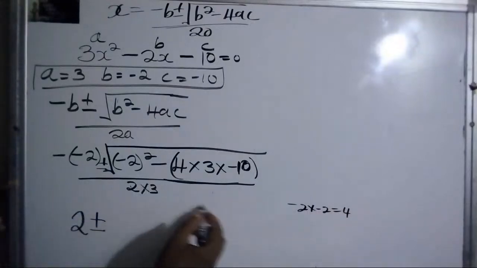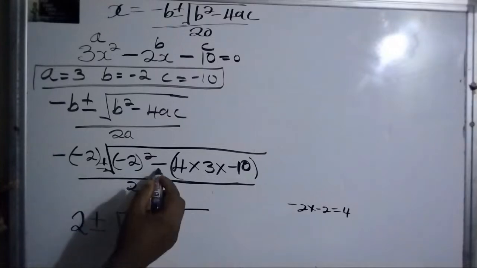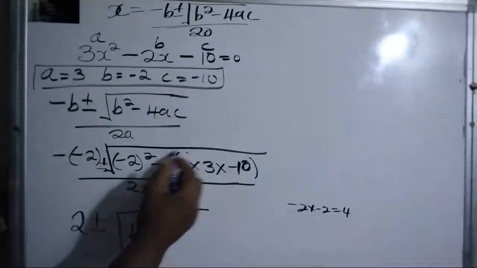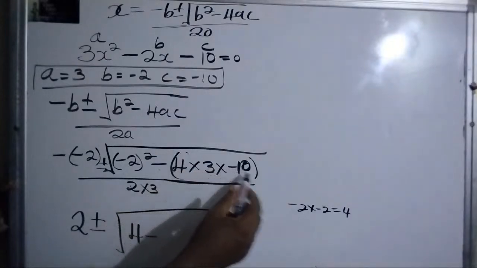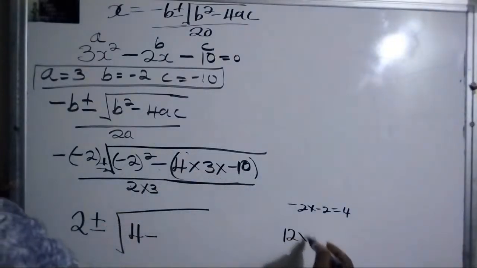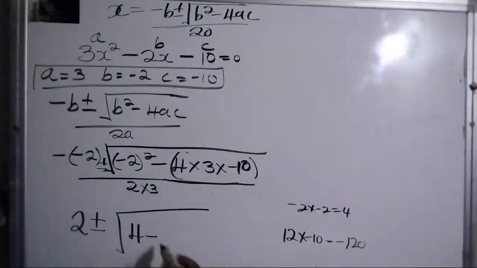So this becomes 4 minus, because the minus is there, and then we work out the bracket. The bracket is 4 times 3, that's 12. 12 times negative 10 gives us negative 120. Alright, so we put our minus 120